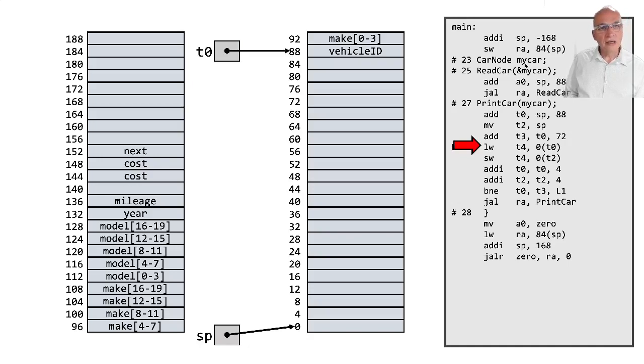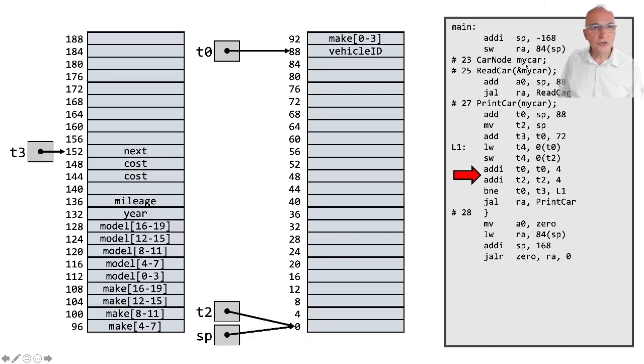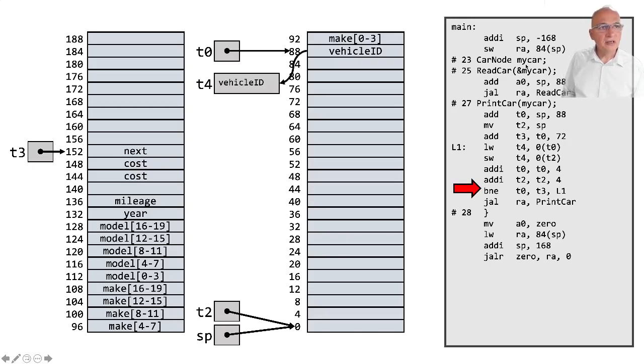So unfortunately in this version of the slides, the red arrows are a little bit off, but let me walk you through what's going on in this code. What's going on is that I have the initialization of T0, T2, and T3. And what happens now is that at each iteration of the loop, I'll be copying a word from